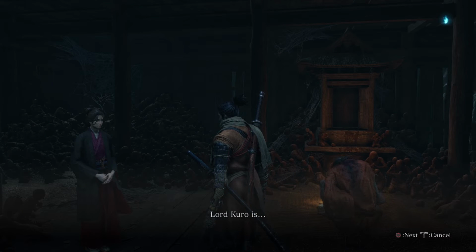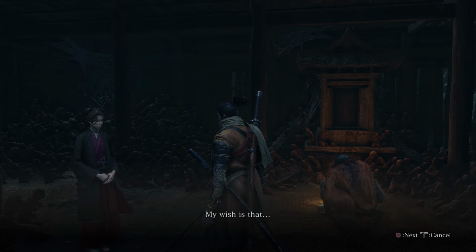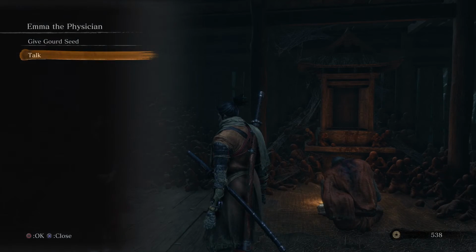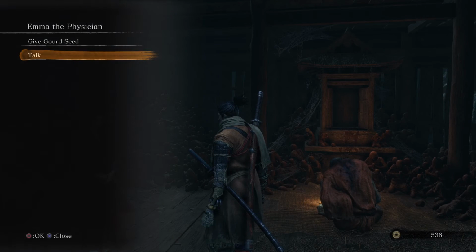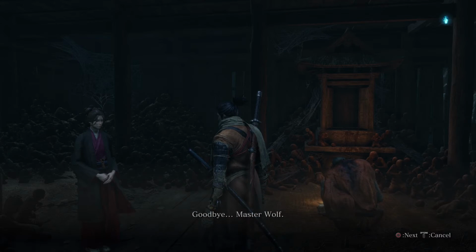九郎様はずっと竜胤の御子であることに縛られておいででした。そこから解き放たれ、ただ人として生きていただきたい、それを願うばかりです。狼殿、なんだ。どうか武運を。狼殿、どうか狼殿。